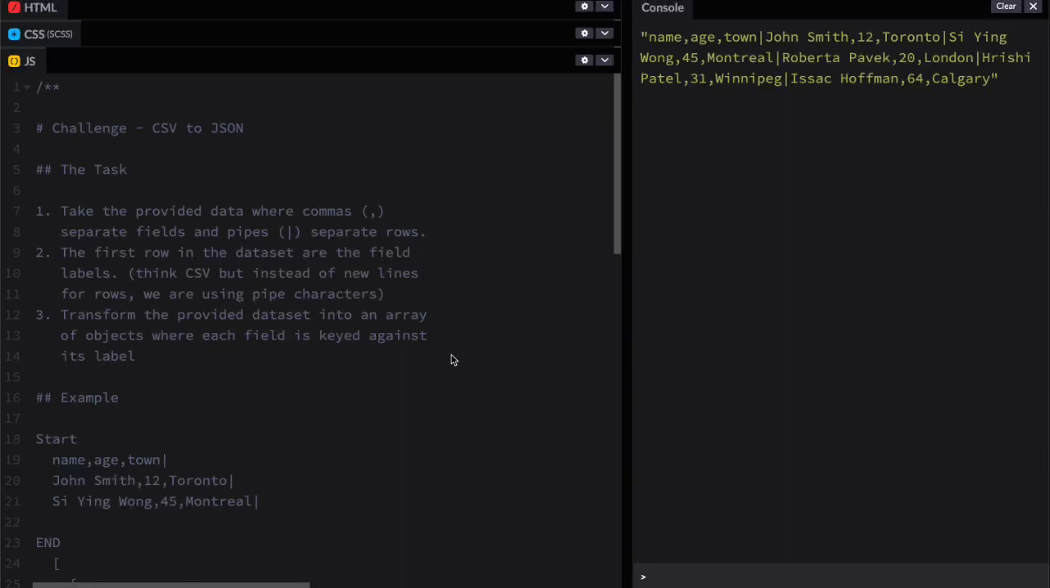This is the CSV to JSON challenge. It is a transform, so we are going from CSV to JSON. Actually, it's CSV-like in this example. We'll get into that in a second. But a lot of really cool features here. It's like an advanced version of array manipulation because we're going to use a lot of those same tools to